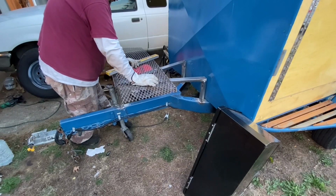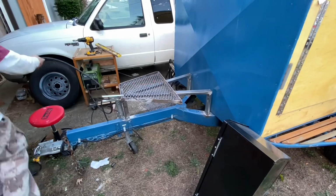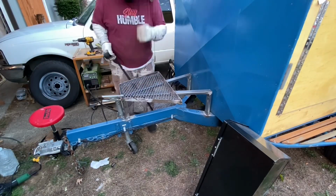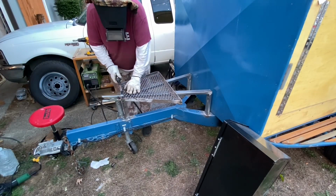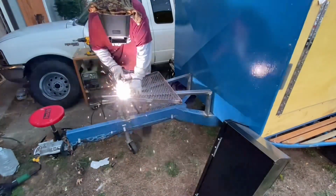I got this piece for like $27, I think, and it's a lot more than I need, but when you get it for scrap, you get what they got there. And now I'm just going to weld that into place. Now, I'm going to say something here that I didn't say later on, but when I go to paint this